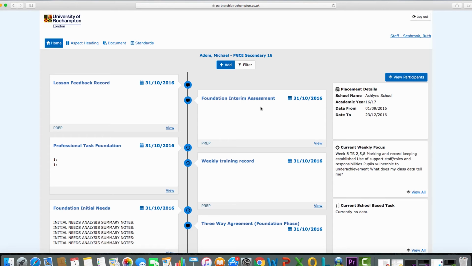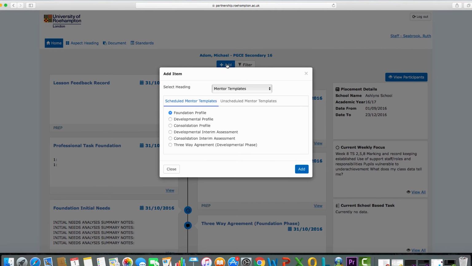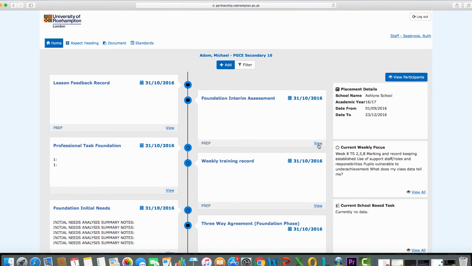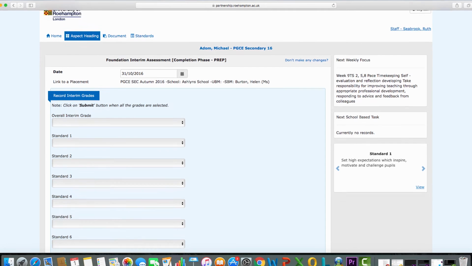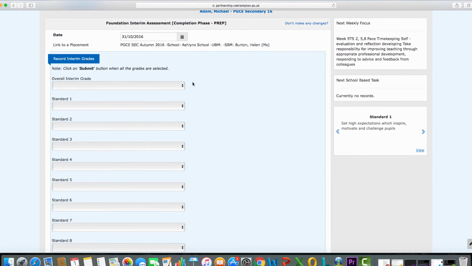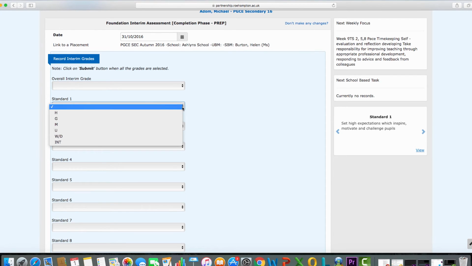In order to do this, you would normally go to add, and it would normally come up under this template, but because I was already doing some training, I've actually already added it. So I will go in and show you what to do once it's been opened. So this is the foundation interim assessment. Now it's already done for School Direct, but for provider trainees, this needs to be done on Friday the 18th of November. And what we do is we go down through each of the standards, and we have